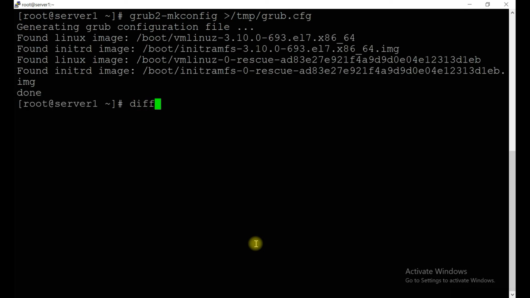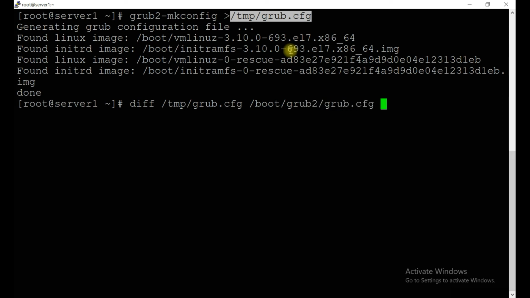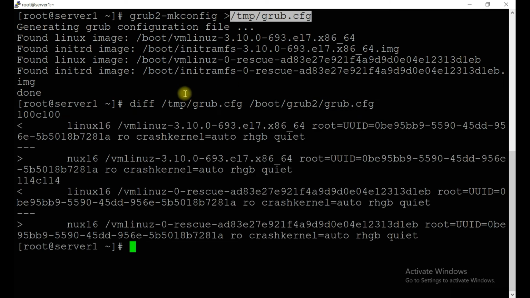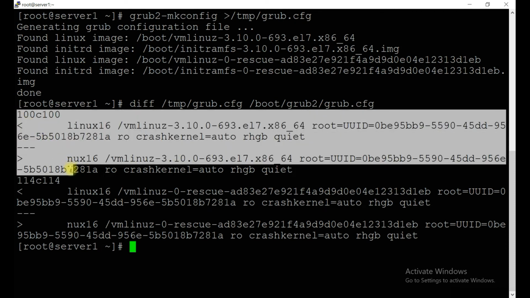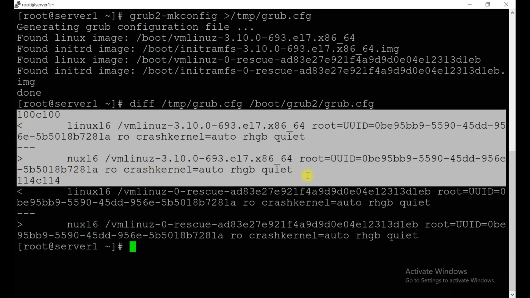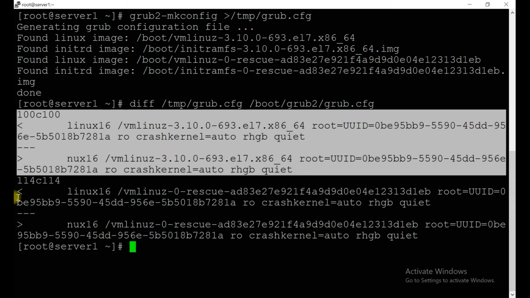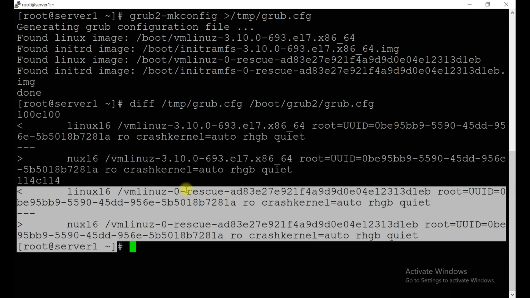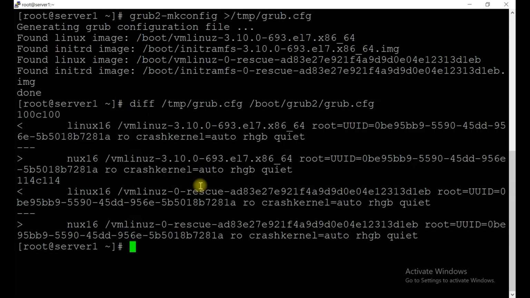Okay, check the difference between this grub file and the boot grub2.cfg file. If you see the difference, these two words are not matching. This is from the one specific line, this is from another specific line. So there are two major differences.